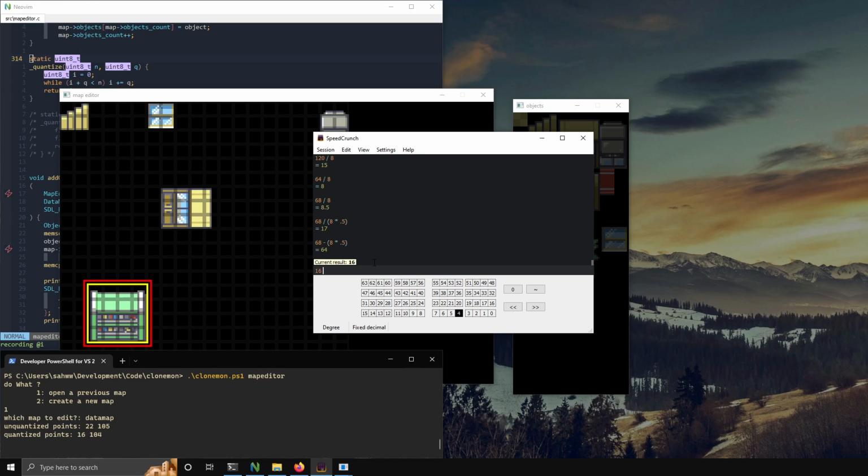to 8. Each grid space is 8 pixels. So 16 divided by 8, that's quantized. 104 divided by 8, right? So yeah,